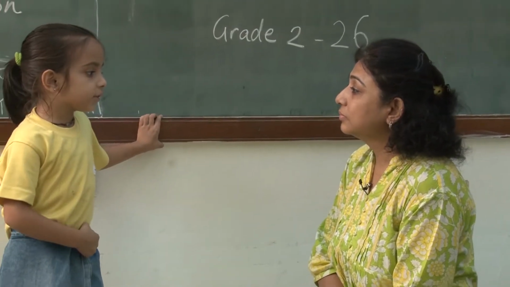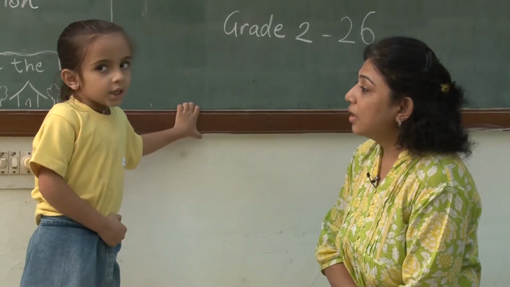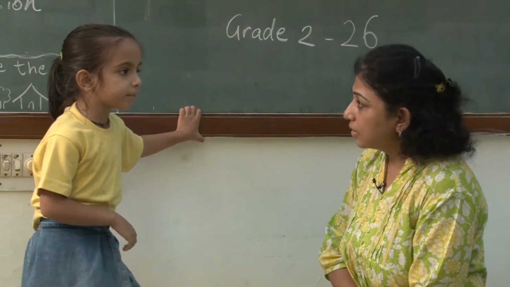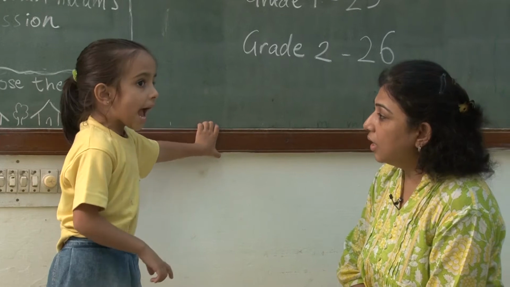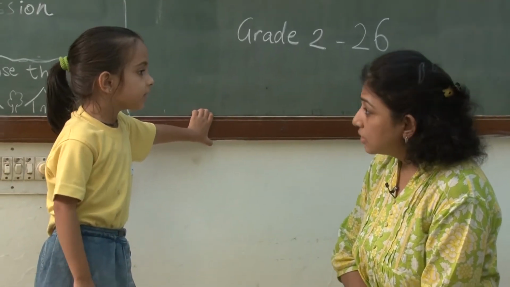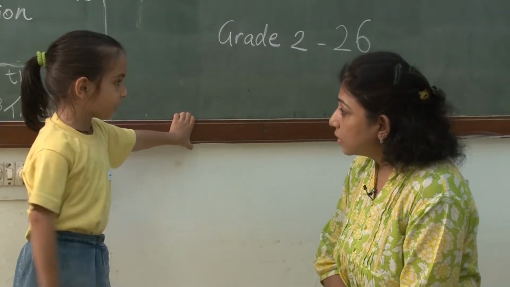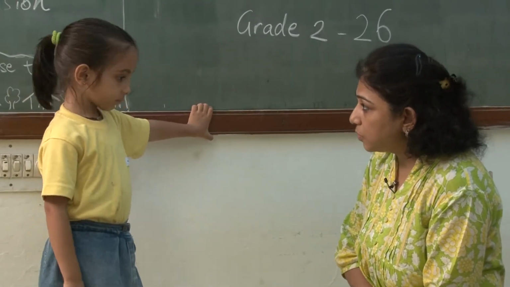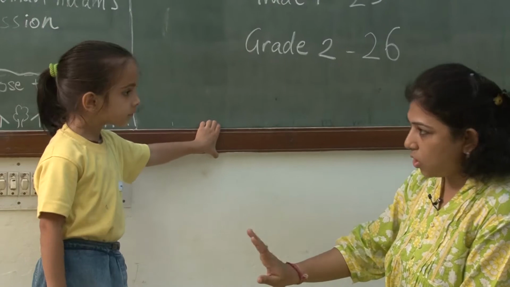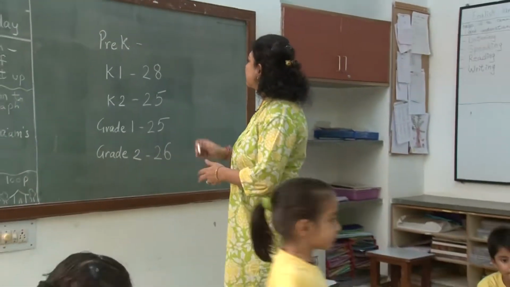How did you come to know? We took the attendance. The ma'am was helping me to find the attendance. And I counted how many. Then I came to know how many are there. So it was 24. There are 24 children in pre-K. You checked in the register. Okay, all right. So there are 24